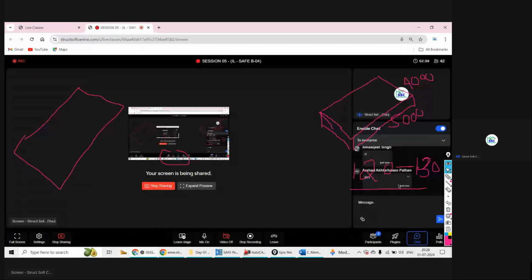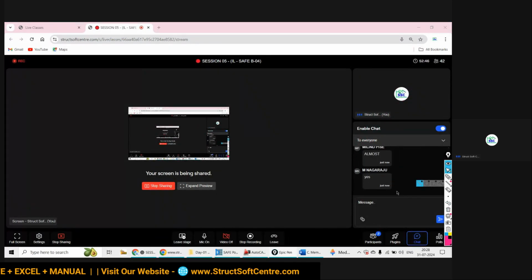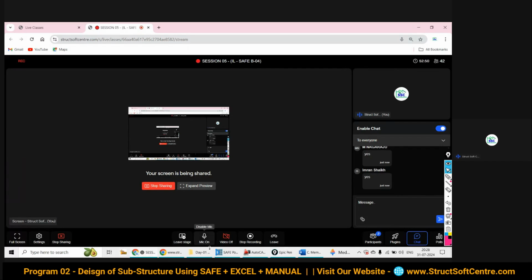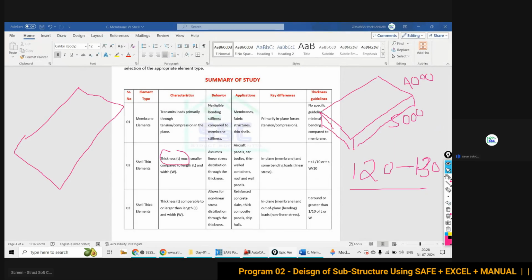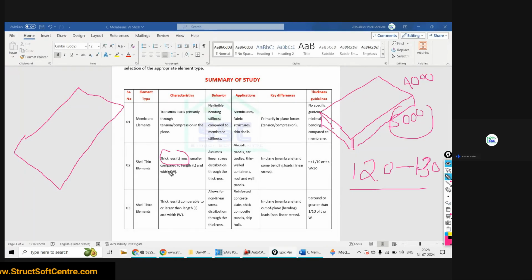Are you all agreed, all the consultants? Okay. Imran, are you there? Yes. So it falls in this range. In comparison to 5000, 4000, your 120 and 130 is very small. So if the depth is very small, you can consider a shell thin element.